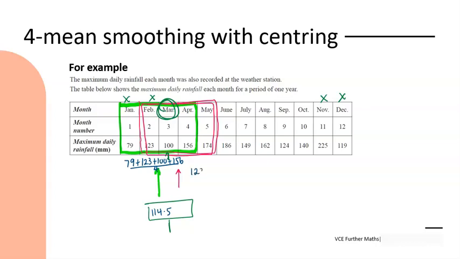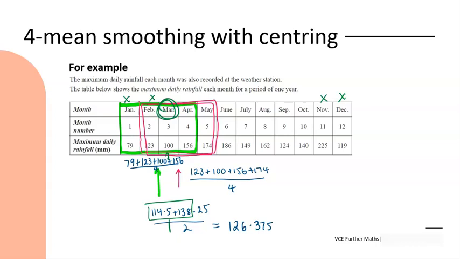So I'm doing 123, 100, 156, and 174, divide by 4, and there I get a value of 138.25. To center that, take those 2 values, divide by 2, and I end up with a smoothed, centered value of